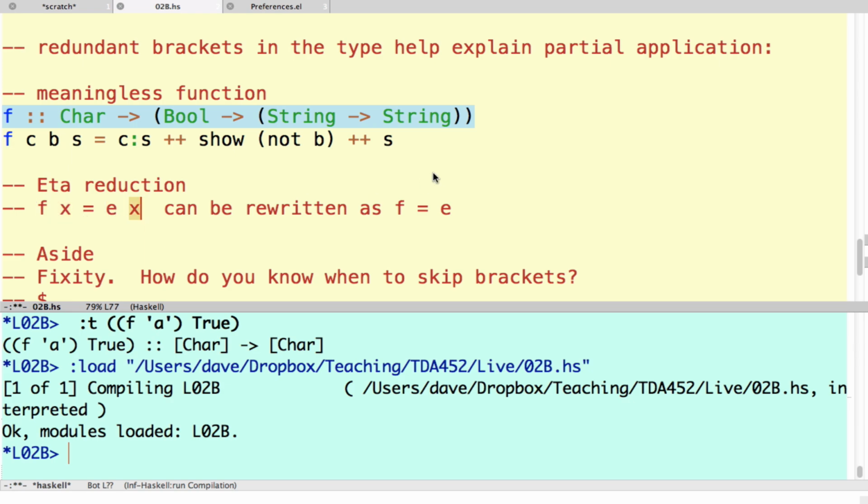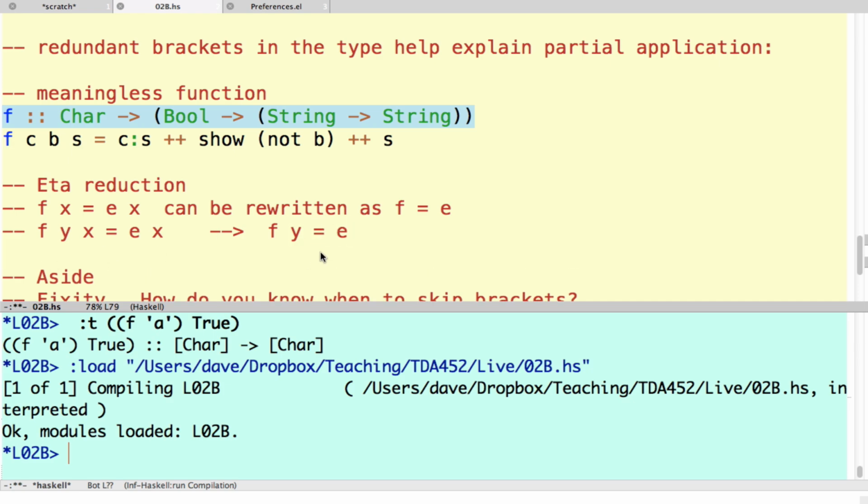And by the way, there is a simplification that this results in. Whenever we see something of the form f of x equals e of x, where e doesn't use the parameter x, that can always be rewritten, simplified to f equals e. And that's actually known as eta reduction. And when you get round to turning on hlint for giving you hints about Haskell style, then you'll get this as a hint for simplifying your code. So in this example, if we have a function defined f of y x equals e y, then we could simplify that to f of y equals